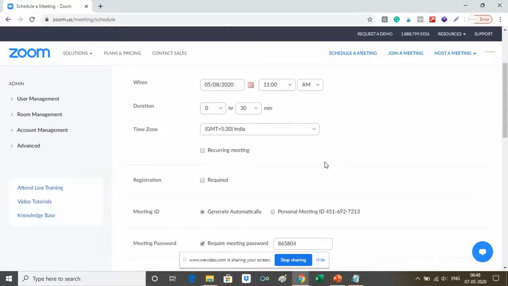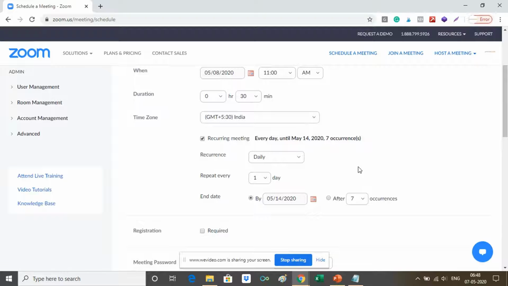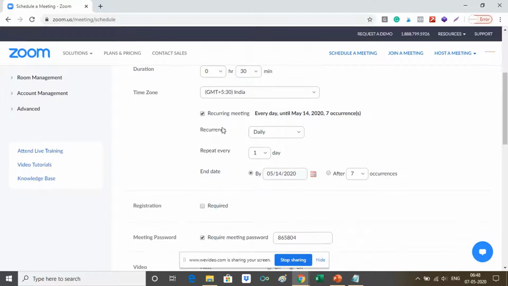If you are sure that you are going to conduct this particular session on a daily basis, and it's going to be a recurring meeting, in that case you should click on recurring meeting. Now, what it asks you is, is it going to be a daily meeting? Is it going to be weekly once? Is it going to be monthly?